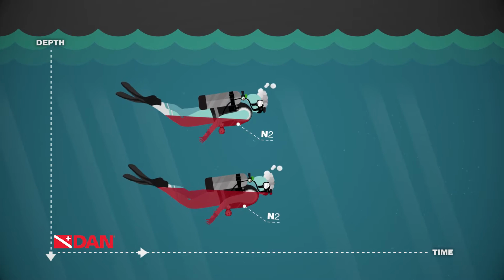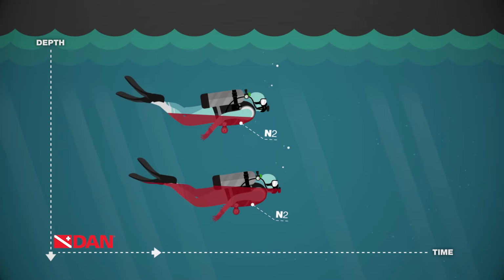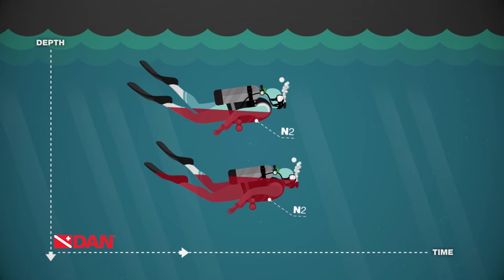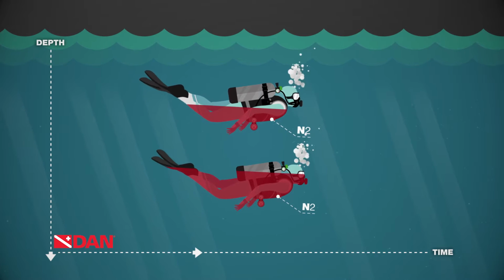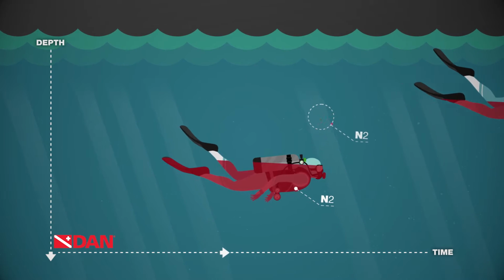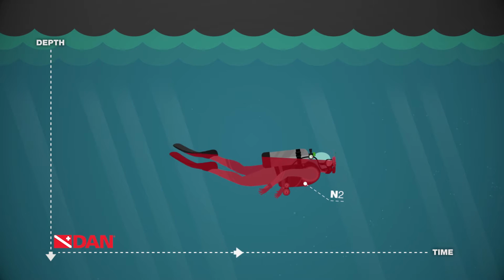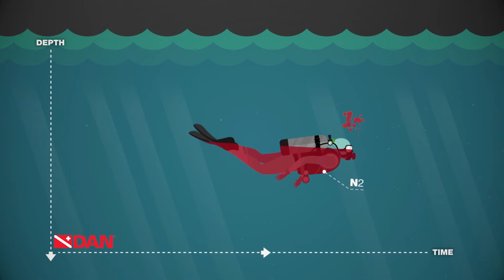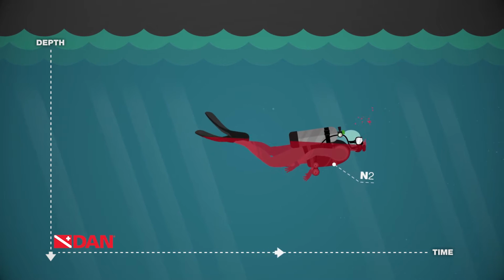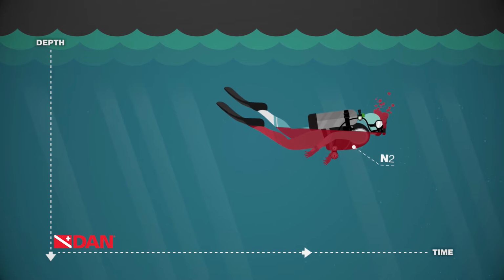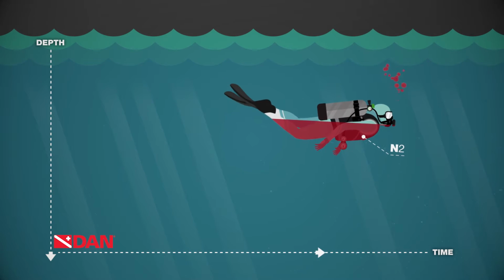During ascent, the dissolved gas is transported from your tissues back into your bloodstream, which carries it to your lungs, which release it into your alveoli, whence you exhale it with every breath you take. This process is called washing out. If your ascent is too fast, there will not be enough time to wash out all the dissolved gas your tissues have accumulated, and some of it will be released into your tissues in the form of gas bubbles.